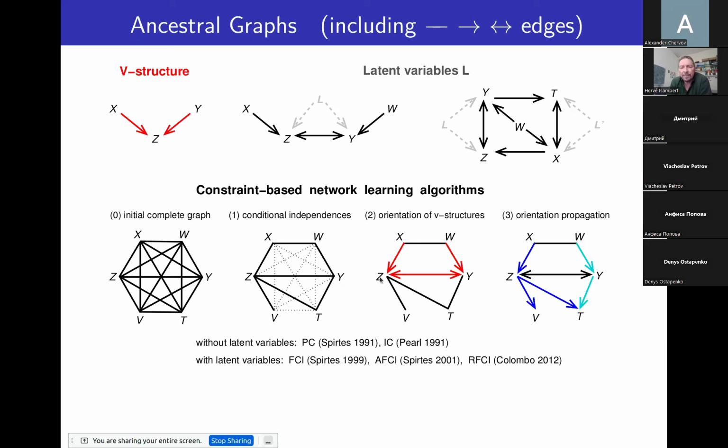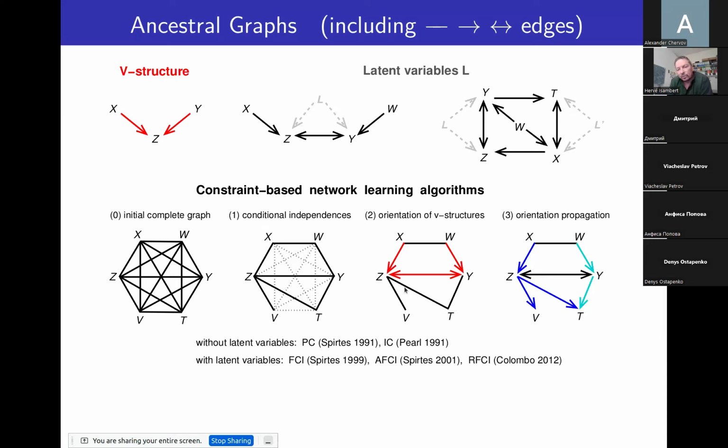Then in the second step, you try to find this V structure signature, this signature of causality in this data. For instance, here we could learn these two V structures that actually share an edge, so we learn this bidirected edge in the meantime. And finally, you can also propagate some of these early orientations, because once we are convinced that we have learned all the V structures, we can